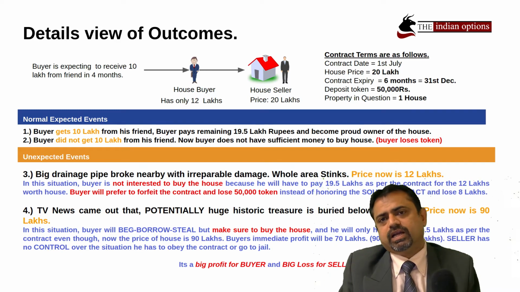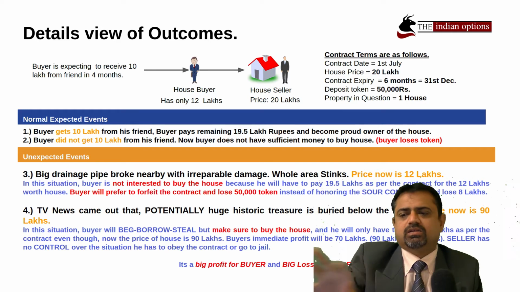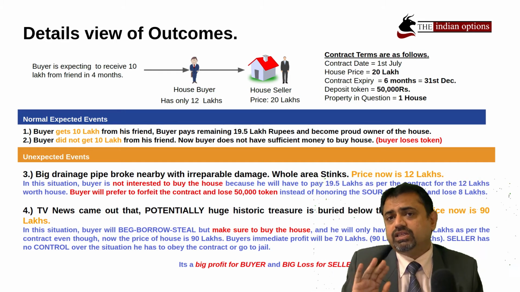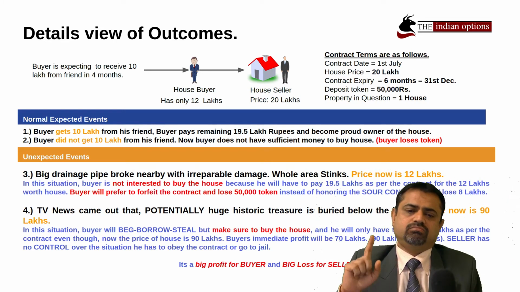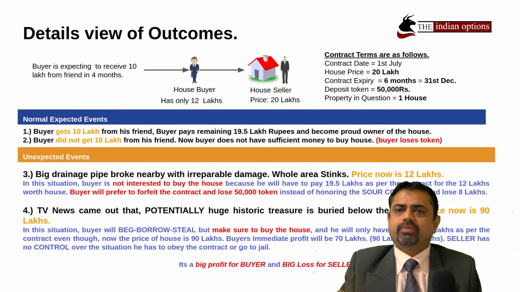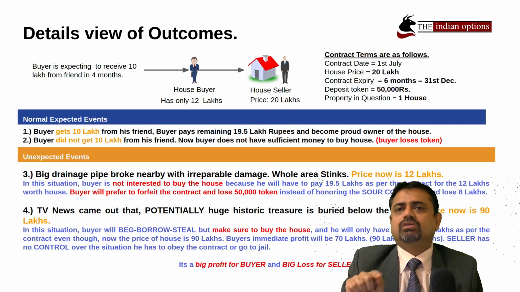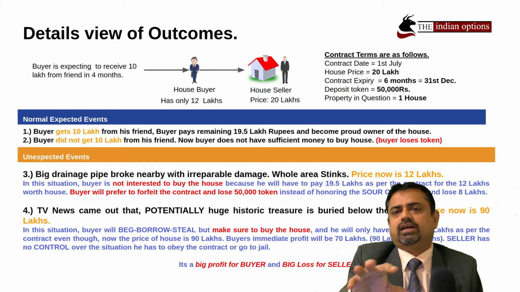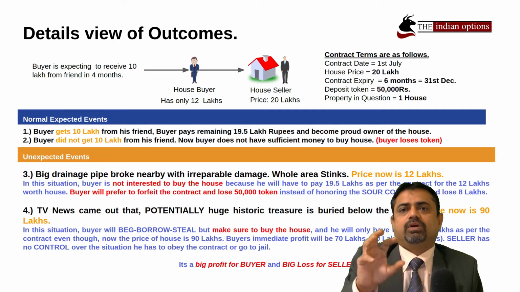In the fourth scenario, imagine that the TV news came and there is a buried treasure, and they have got the value of the house to 90 lakh. In this situation, what happens? The buyer will do anything. He will beg money, he will borrow the money, he will steal the money if he has to, but he will make sure that he buys the house. Why? Because though the price of the house right now is 90 lakh rupees because of the treasure, he will still get to pay only 19.5 lakhs. He will have to pay only 20 lakhs because he has already paid 50,000, and only in 19.5 he can get that house because of the contract. And because of that contract,